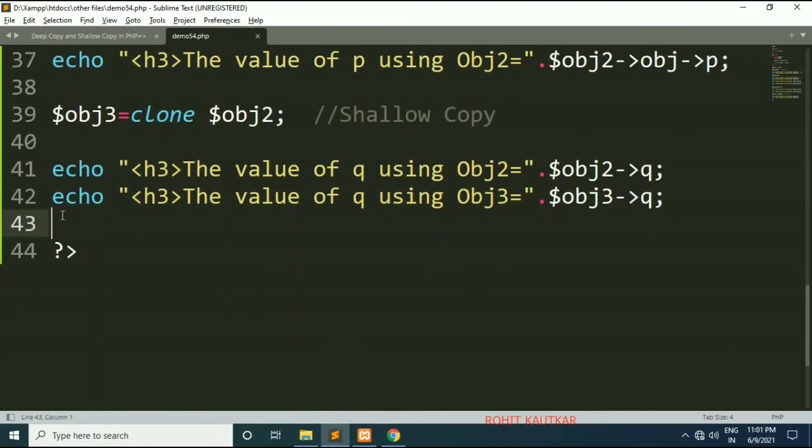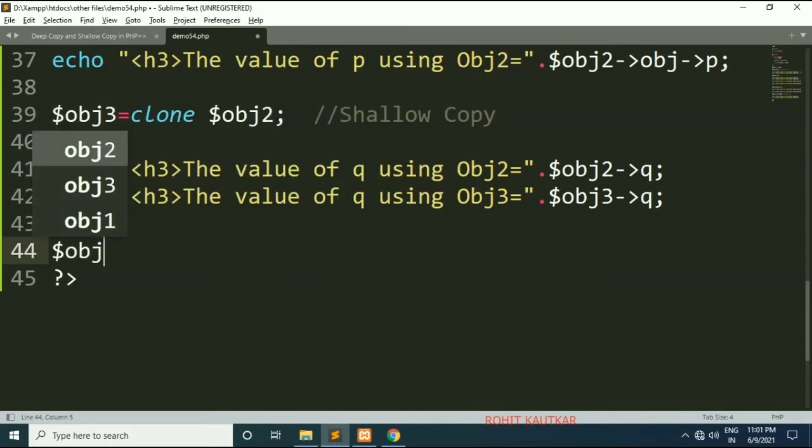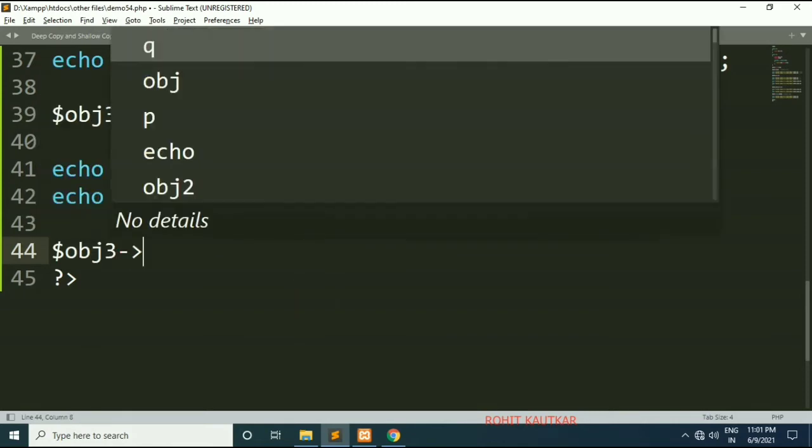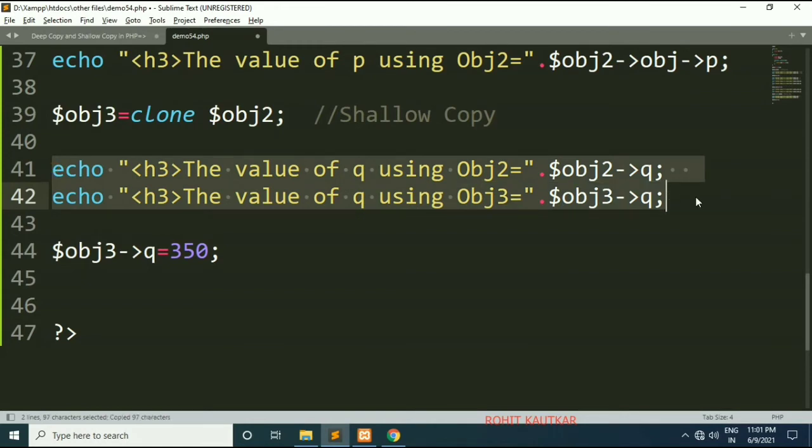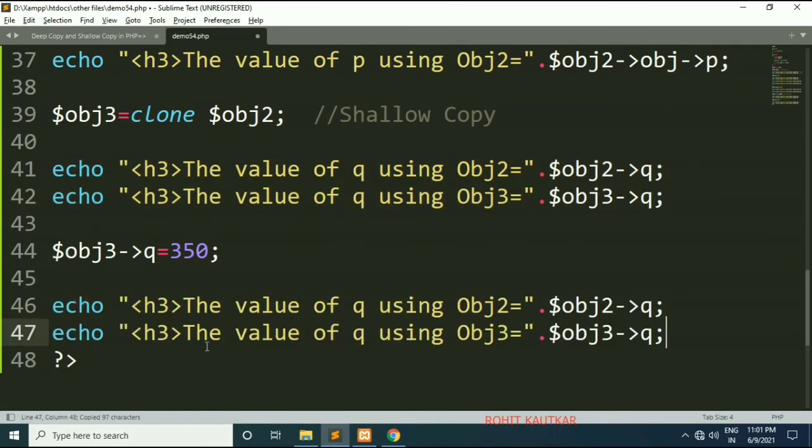Now friends, I will modify the value of q through object 3. So here I will write object 3, object operator q is equal to 350. Now if we print the value of q again, for object 3 the value will be modified to 350, but object 2 will have its original value, that is 300.